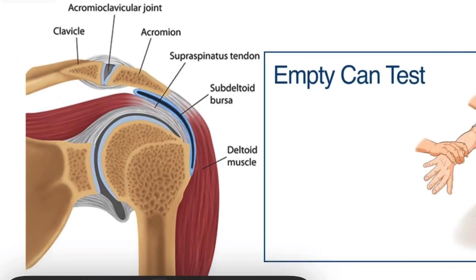If you are seeing this image, you can see here the clavicle bone and the acromioclavicular joint, and this is the supraspinatus tendon, and infraspinatus is at the back. You can see the scapula, and we can see the deltoid bursa and deltoid muscle. So here in rotator cuff syndrome,